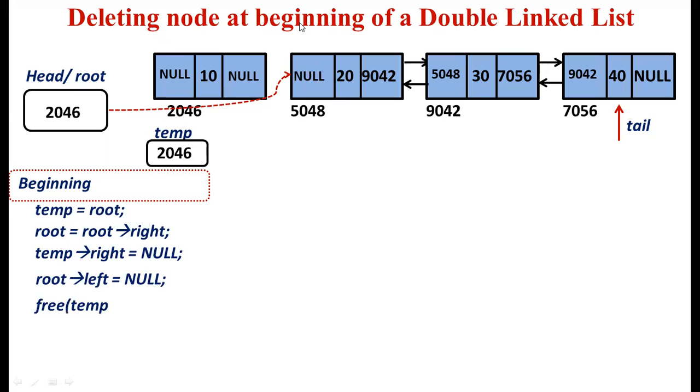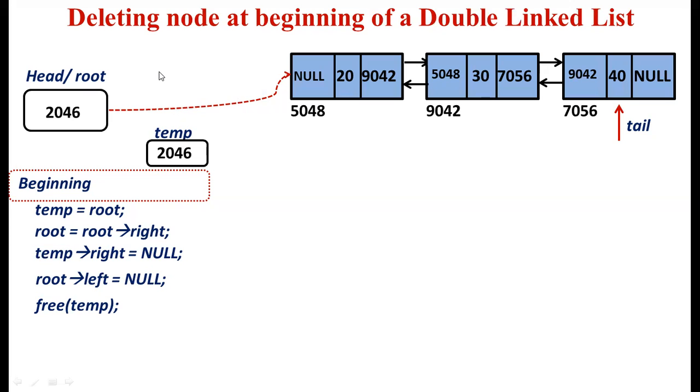So now this particular node is not having any connection with any of the nodes in the linked list. So we need to free this, because we are creating the nodes dynamically. We can reallocate that memory. So in this case, we need to use the free function. So how to free this location? Because here the temp is pointing to this particular location. So we can free the location by using the temp. So here we write free of temp. So once we write free of temp, this node will be free and we can use it for any